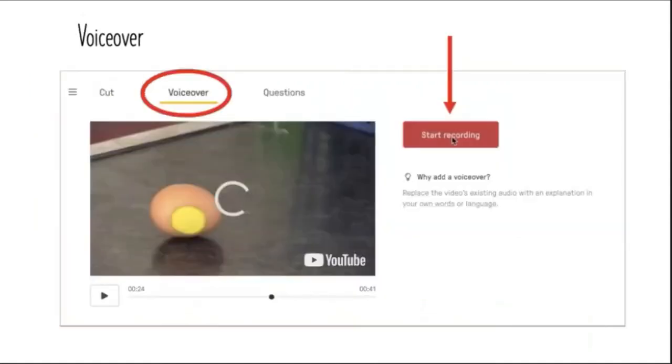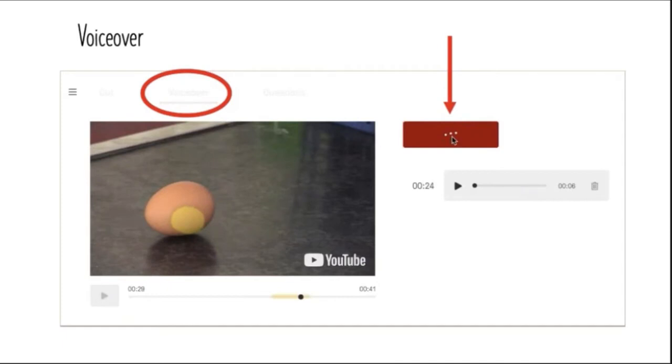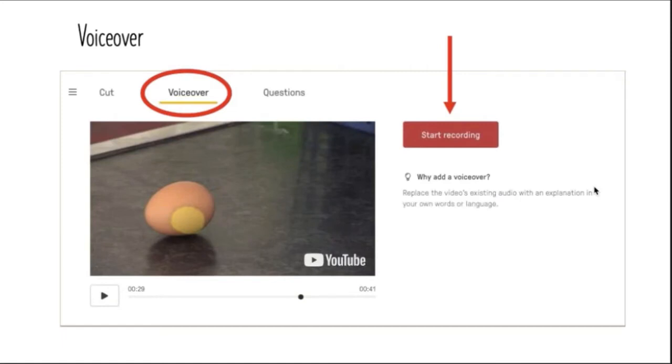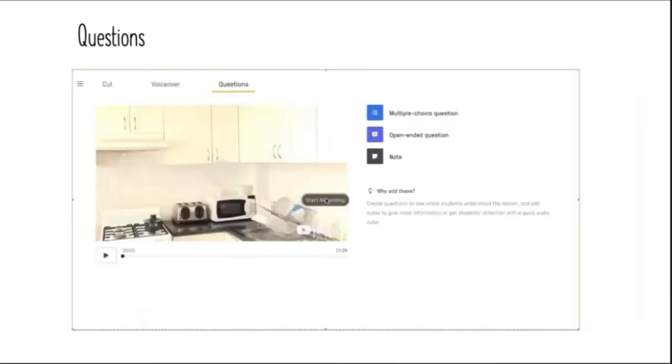You also have that voiceover option, basically dubbing, which you heard me on in my little example video. You click on voiceover, click start recording. And then you just do your little thing and it's going to show you visually where you're placing it. And then you can preview it. If you decide that you don't like it, you can hear it in isolation, or you can play it down the video to watch how it syncs up with the video. You can delete it if you want to start over. You have all that.